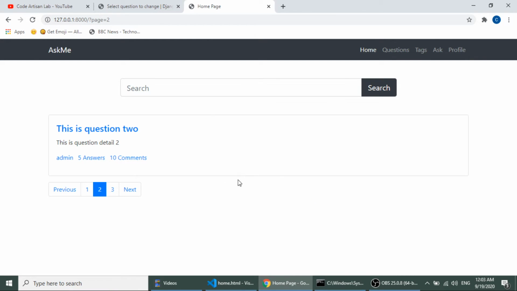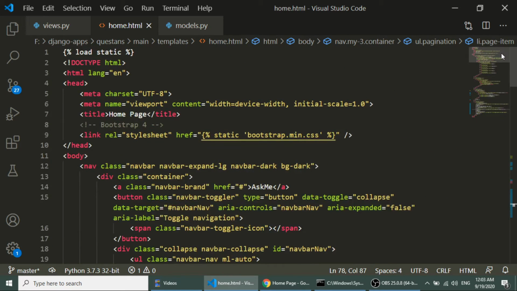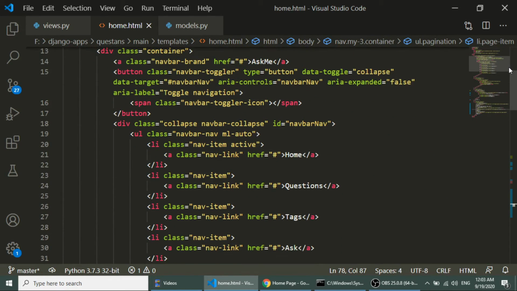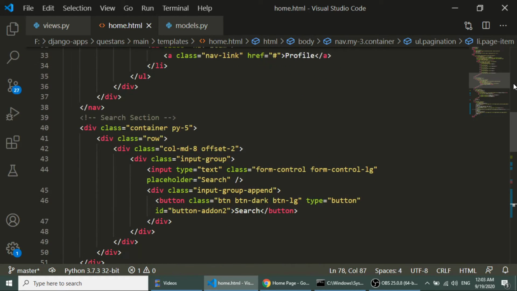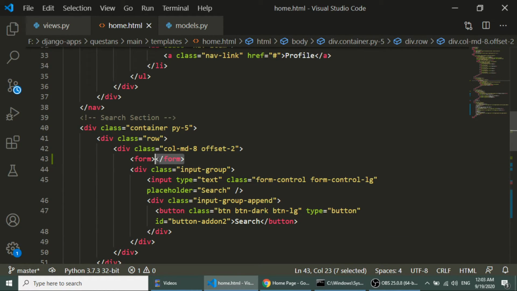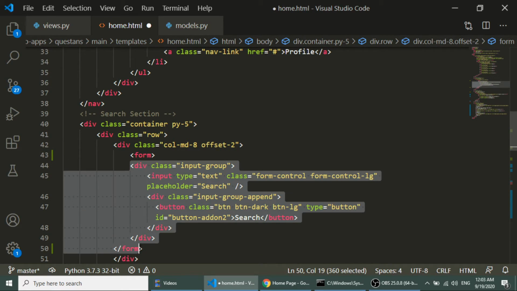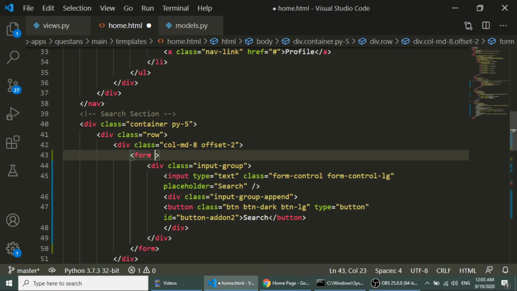Now we will work on search functionality. First we will check the form. So we need a form. Here we have this, our search functionality. We will put the form wrapper here.